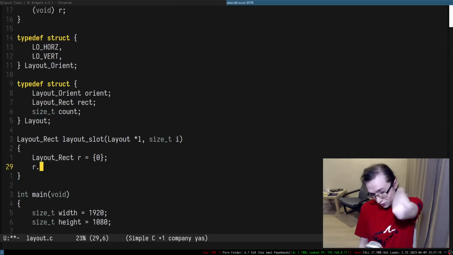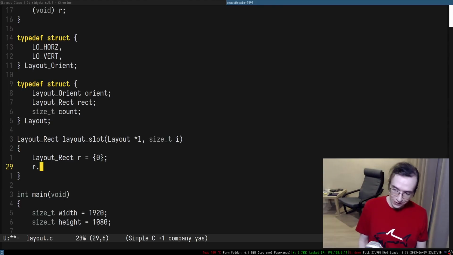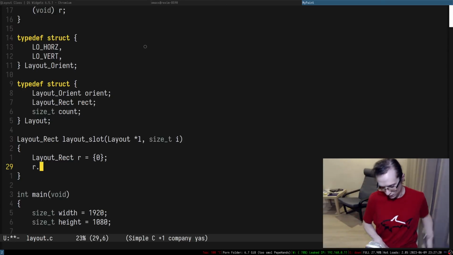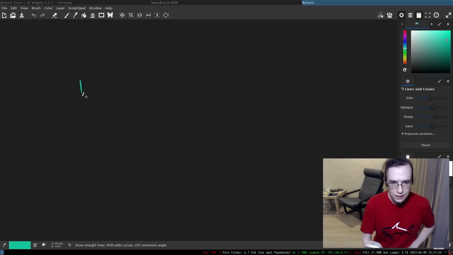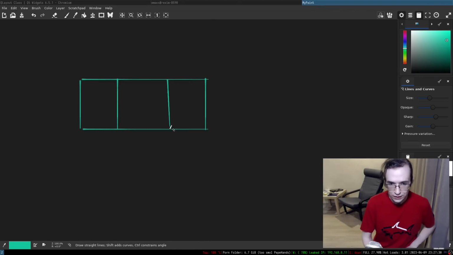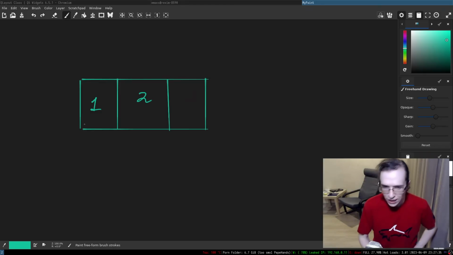And here is an interesting thing. The specific slot that we're going to give to you actually depends on the orientation of the layout, right? That's kind of important. If you have a horizontal layout, here are the slots, 1, 2, 3, and since we are programmers, it has to be 0, 1, 2, of course.